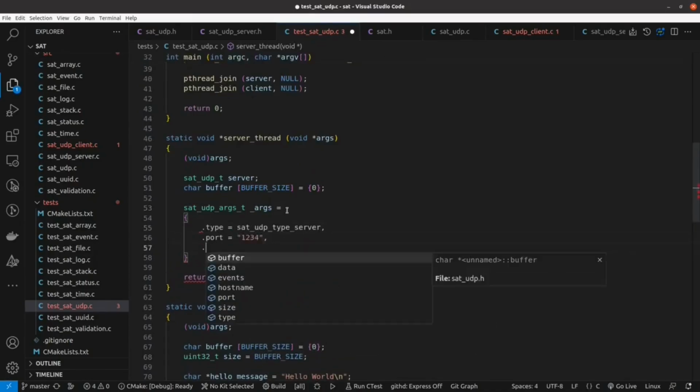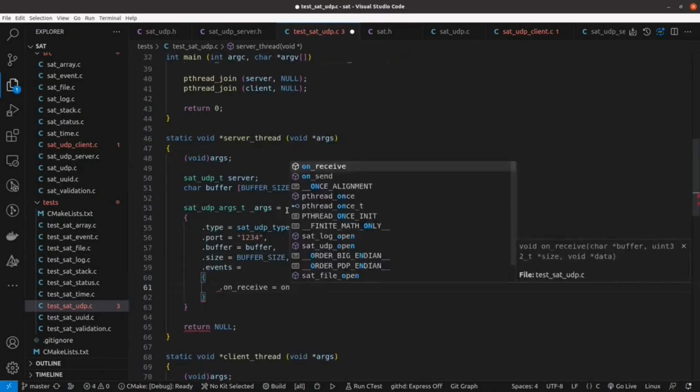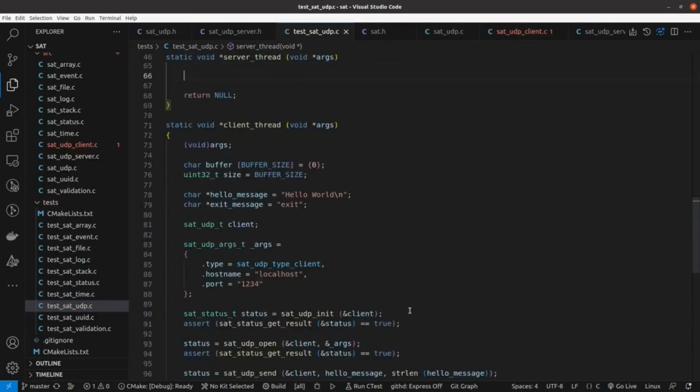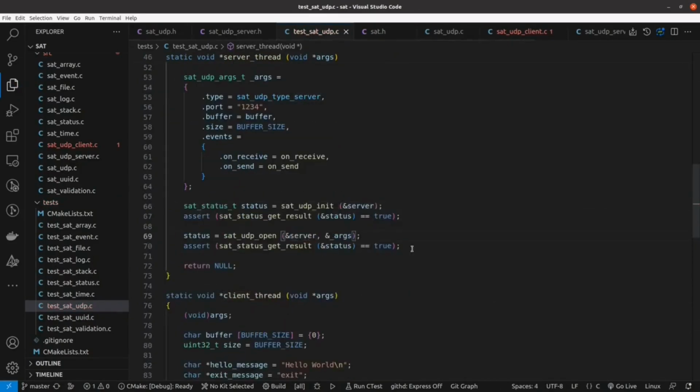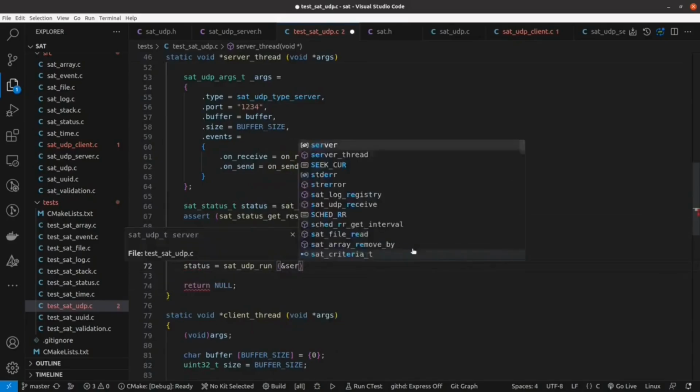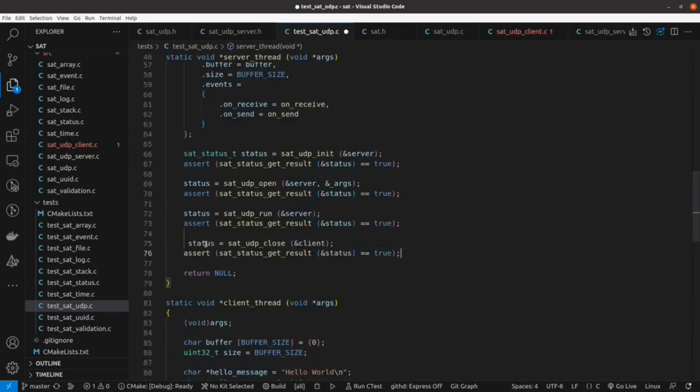In the server thread, we declare the server instance, create a buffer, we set the args to a server type, the port as 1234, we add the buffer and its size, and we add the onSend and the onReceive event to the context. We need and open the server using the args, we run the server,